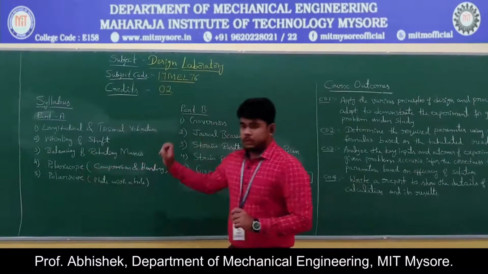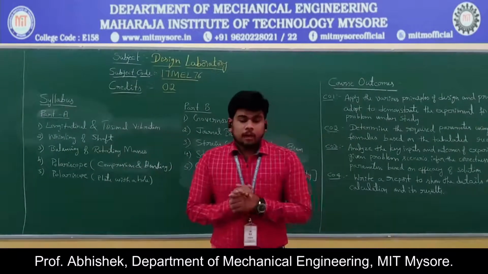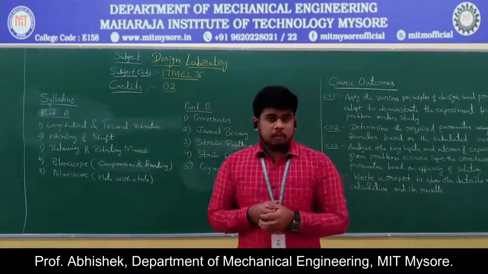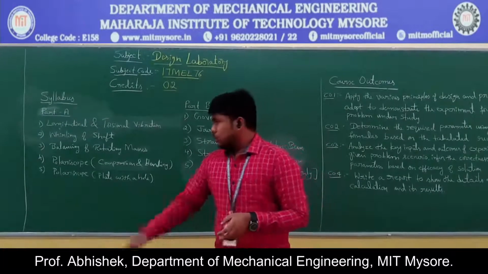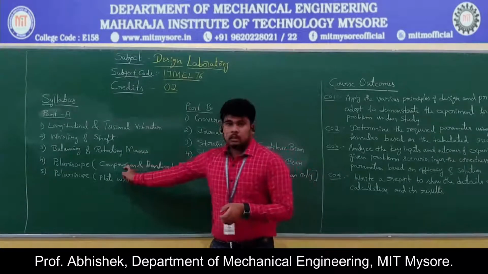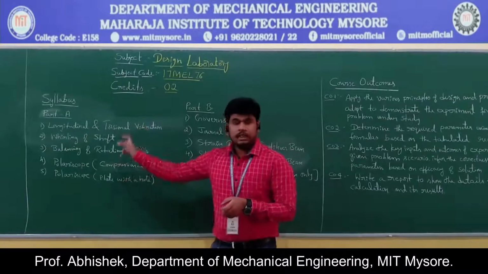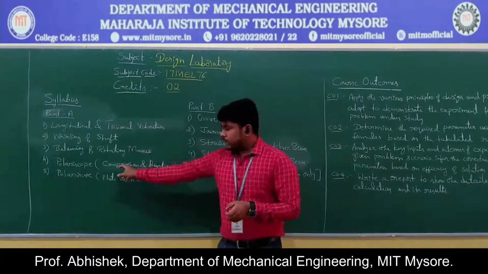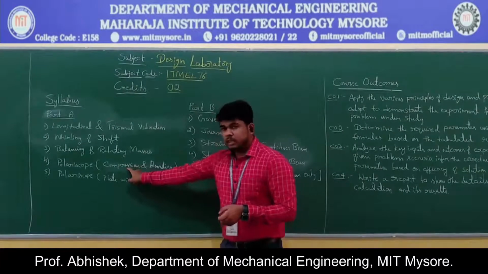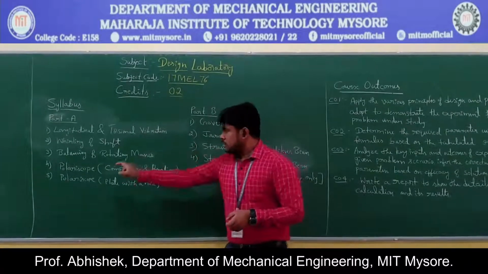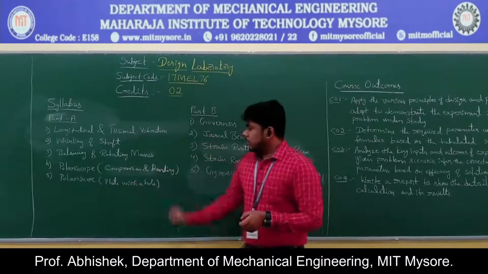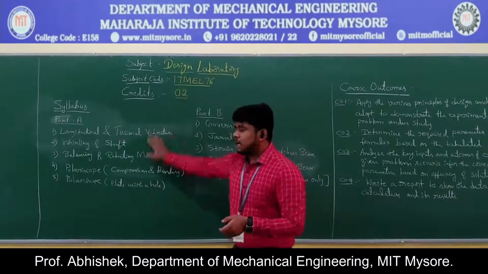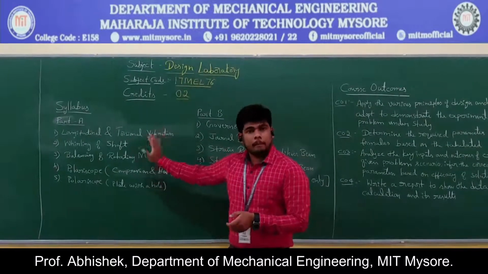Next one is polariscope. Polariscope is used to determine the internal stresses of a photoelastic material. So here we are going to use this setup to find the internal stresses of a photoelastic material. We have 2 tests, that is compression test and bending test, and one more in the polariscope, plate with the hole.